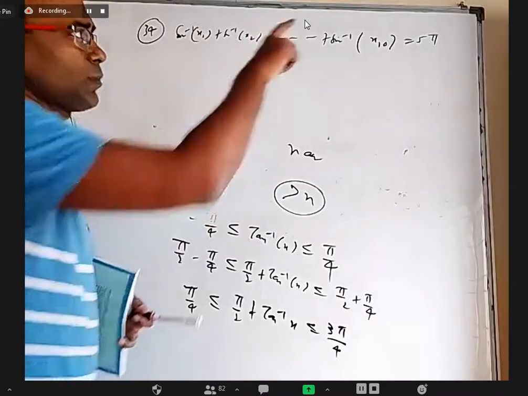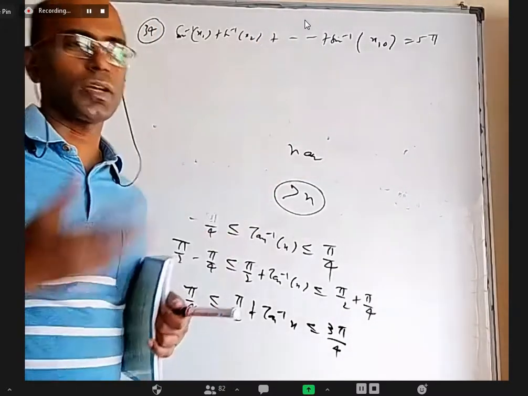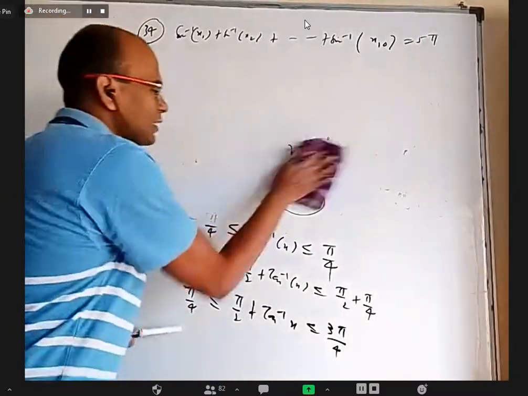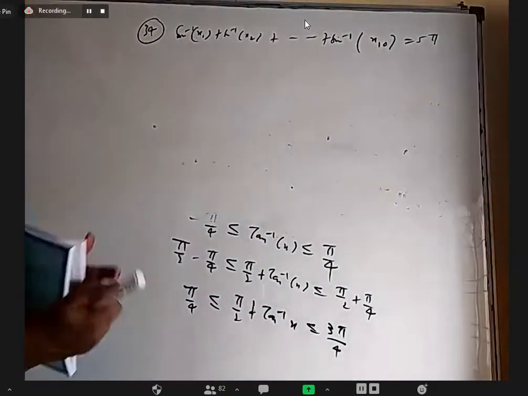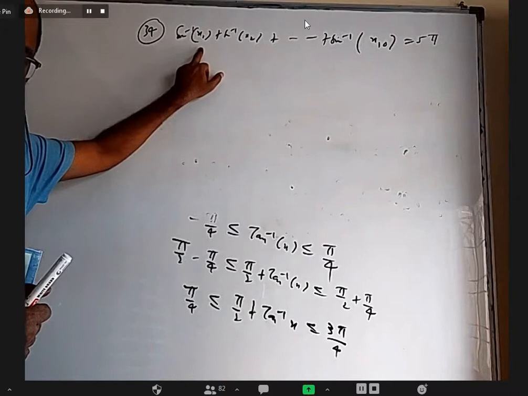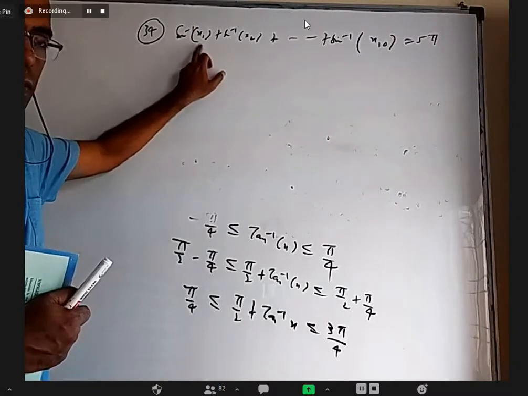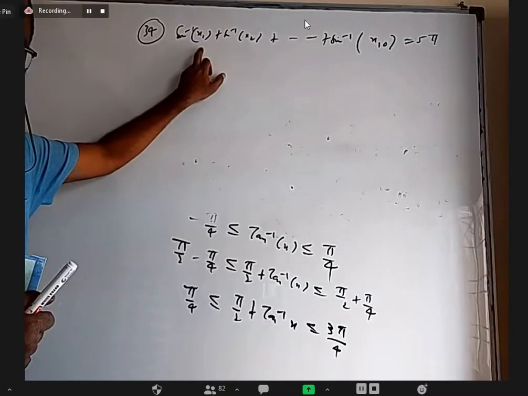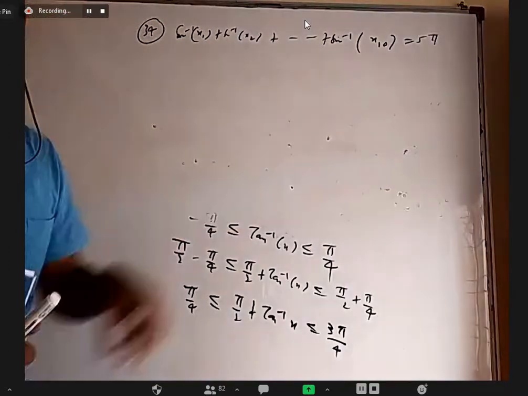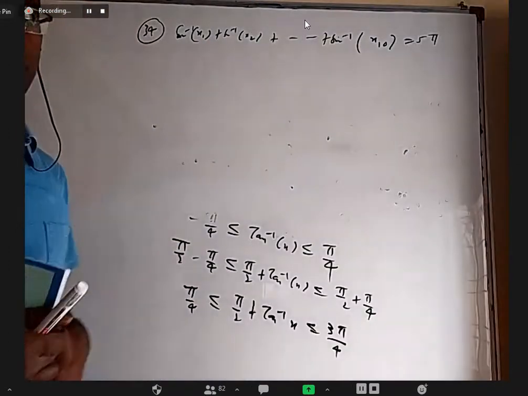For example, if they give 5 pi, we are able to tell. If they give 4 pi or 3 pi, we cannot tell what the values are because there will be infinitely many such values. What is the specialty of 5 pi? Whatever x1 you take, what is the maximum value of sin inverse x1? X1's maximum value is 1, but sin inverse x1's maximum value is pi by 2. This is also maximum pi by 2, and this is also maximum pi by 2. So what is the maximum value of the total LHS? 5 pi, 10 times pi by 2.